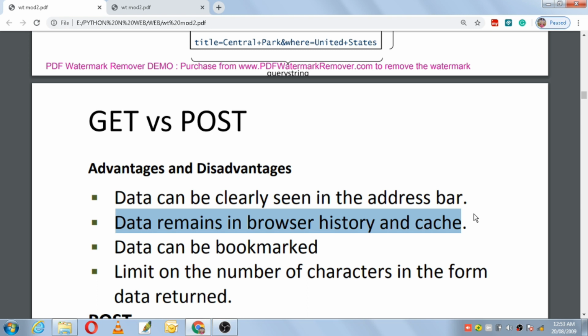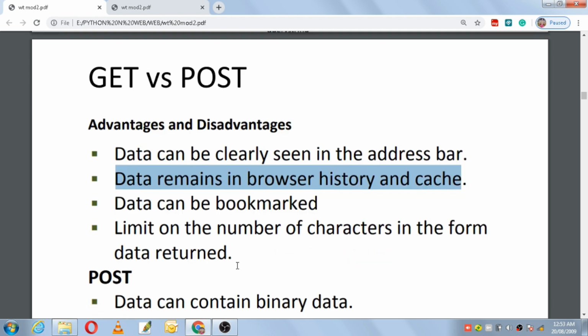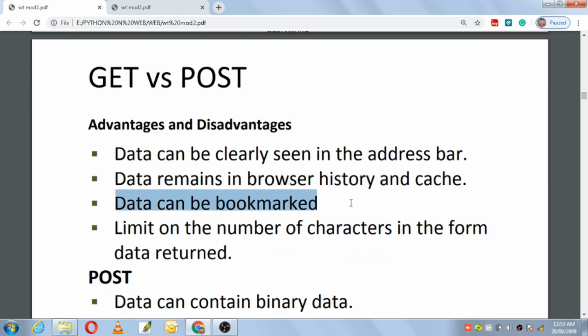So whoever goes through that URL will come to know what data you have put in the forms. If it's not secure data and you need that data every time, then having it in the address bar, browser history or cache might not be a problem. But if it is secure data, then that will be a disadvantage. The data can also be bookmarked. Because it is a URL, you can go through that bookmark whenever you want. The next is the limit on the number of characters in the form data. As it is a URL, there will be a limit on the number of characters